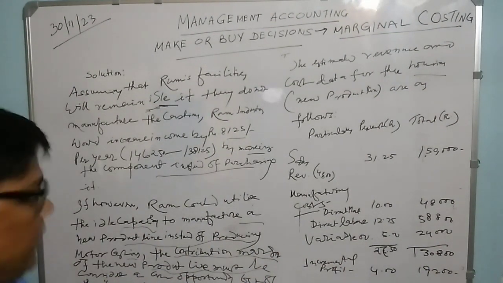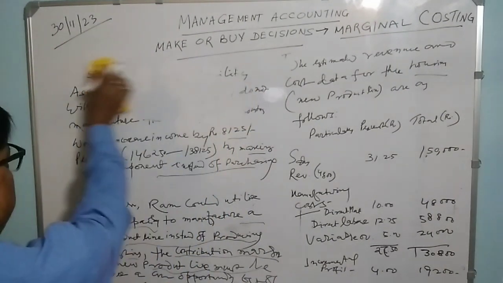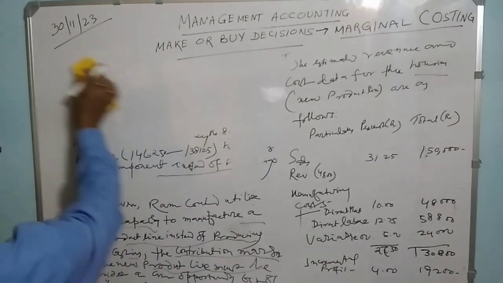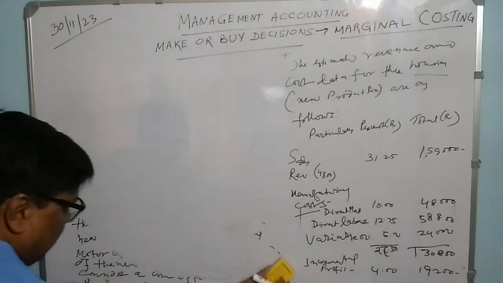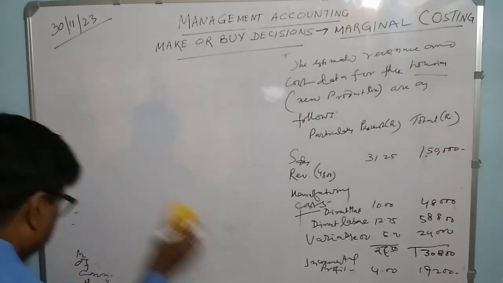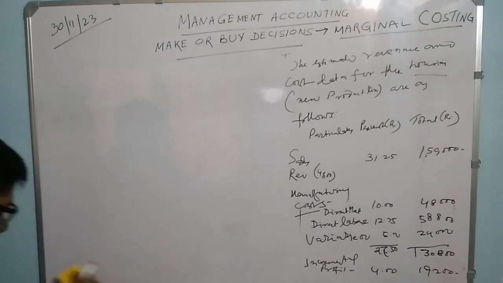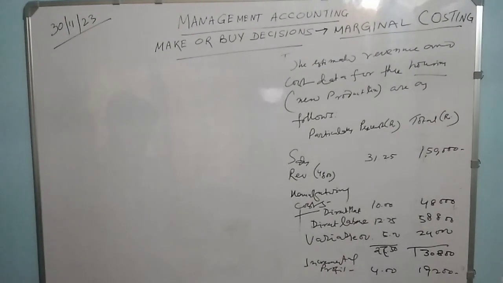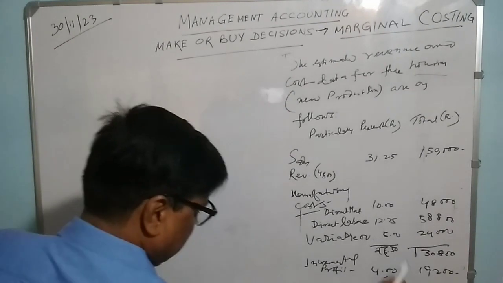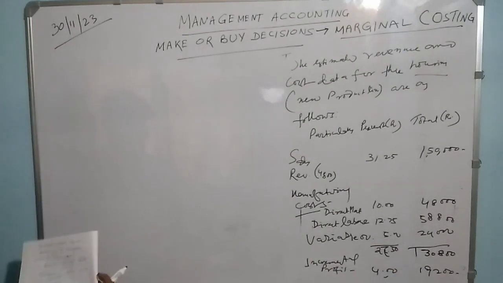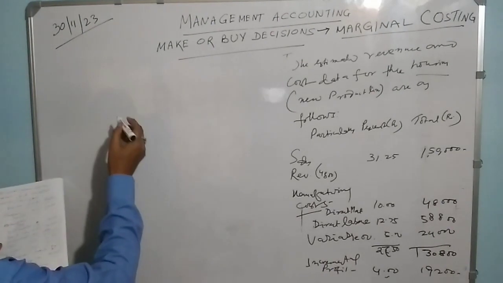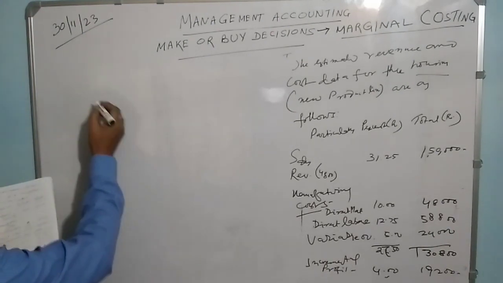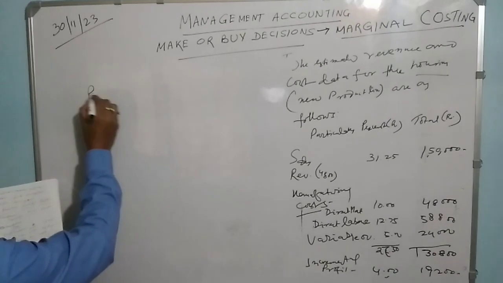Now we come to the final decision part, or the total extra benefit. Here we see that at your ideal capacity utilization, your incremental profit is 4 per unit, and the total profit comes to 19,200. So we will give the particulars,